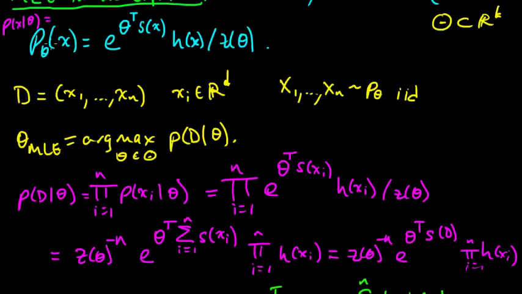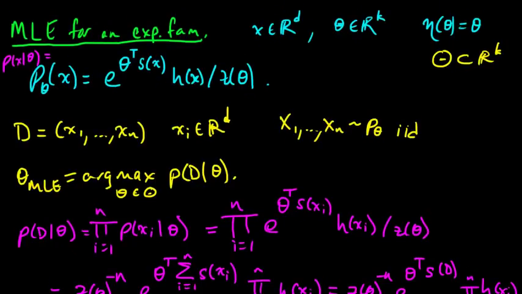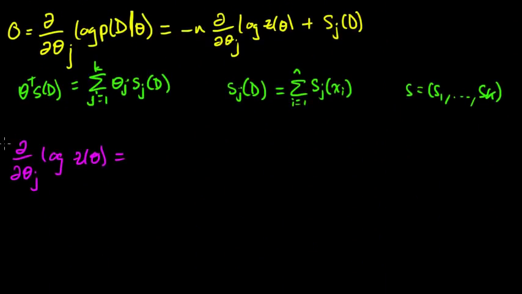We could have written p sub theta of x as proportional to this part and left off Z of theta. And you can always recover Z of theta by integrating. It's a probability distribution, so it has to integrate to 1. So you can always solve for Z of theta by integrating this part and setting Z of theta equal to that. So I'll write that down here. So Z of theta